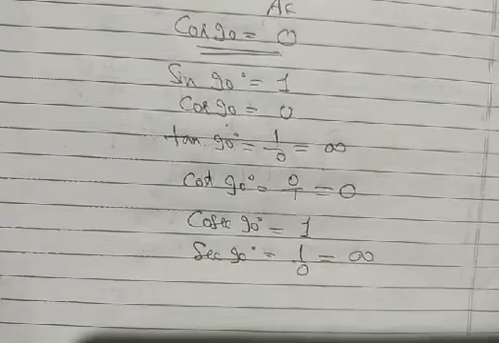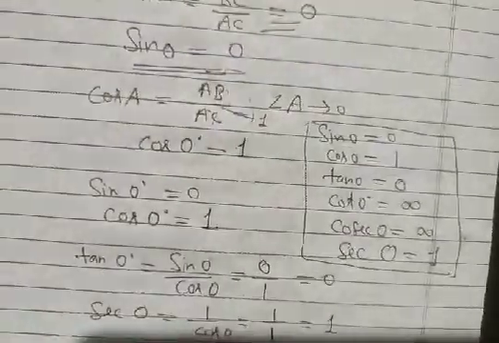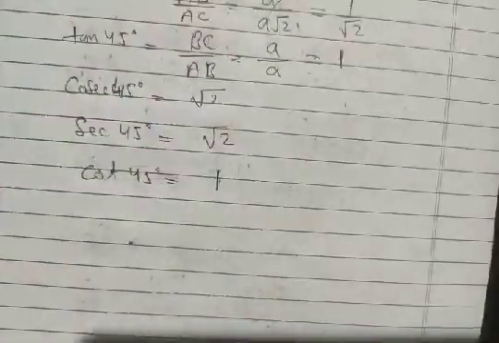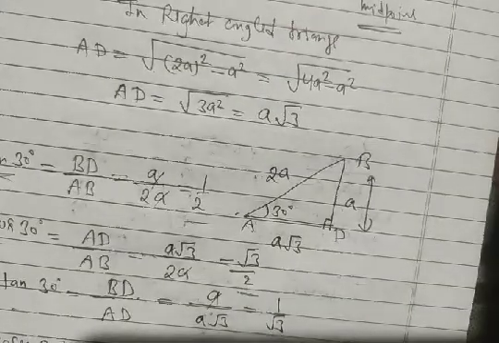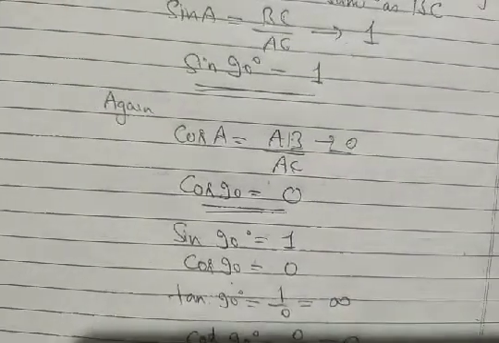Now what do we have to do? All of you, I have discussed all the values there. Now make a chart of our values there, for 30, 45, 60, 90 degrees, and try to understand the basic concept and learn the values of these angles. Then in our next class we will discuss some problems based on specific angles.